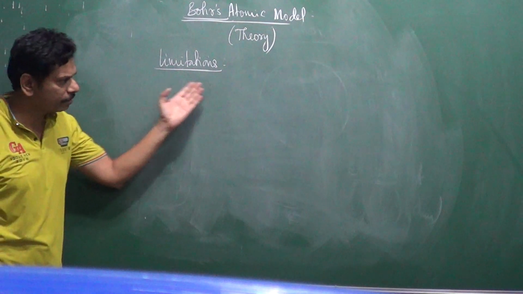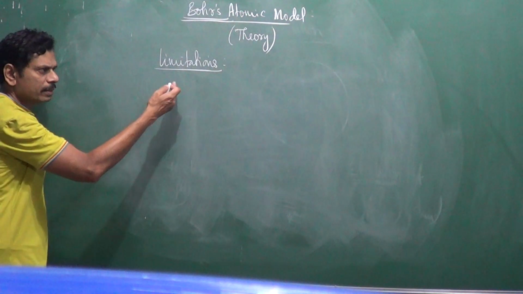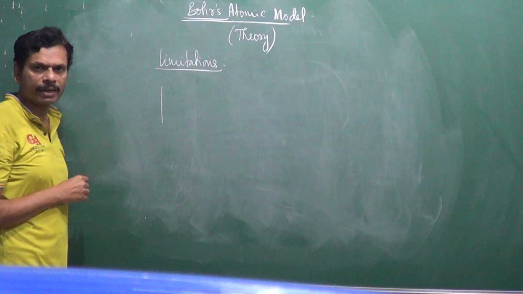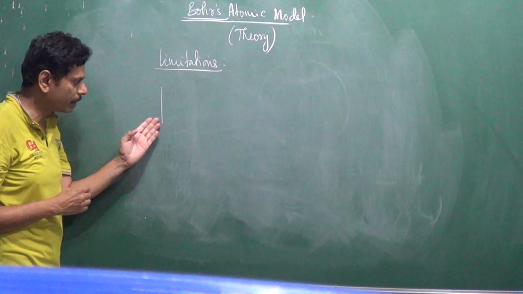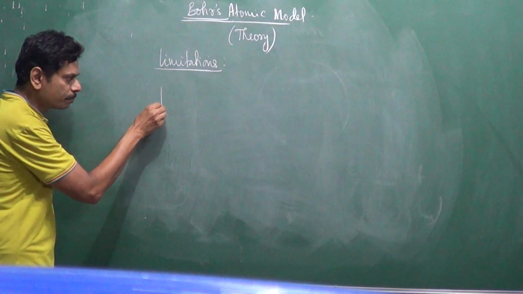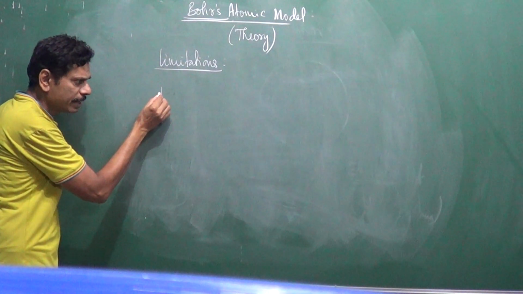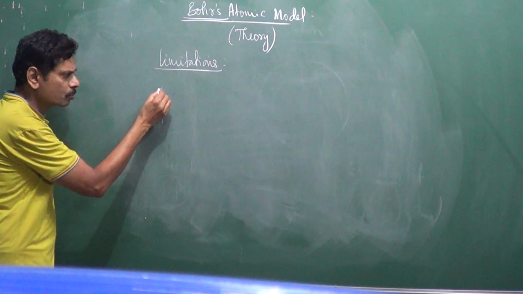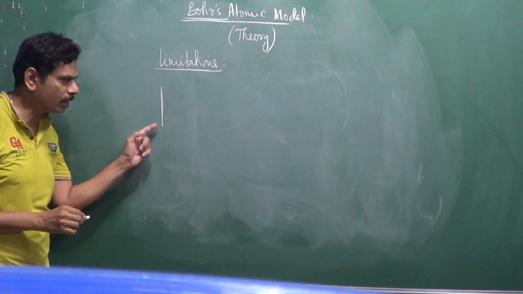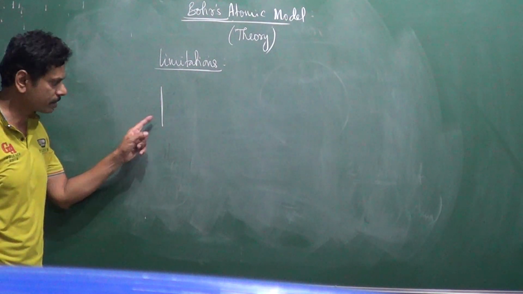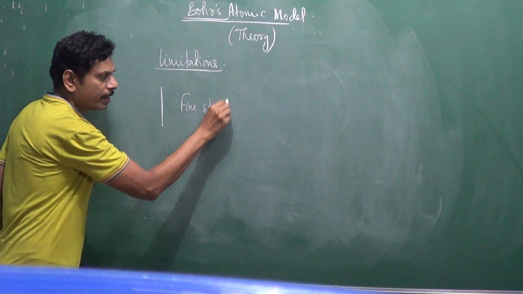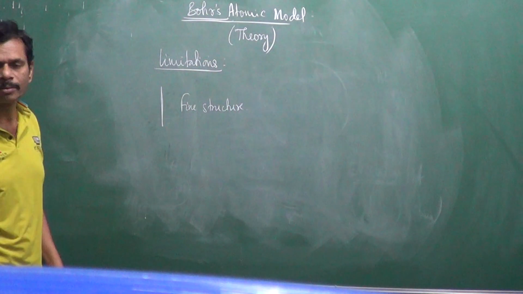Moreover, he explained the spectral lines of hydrogen, everything. But if you choose one spectral line of hydrogen, maybe one Balmer line, and see it through a very high resolution microscope, this Balmer line contains so many smaller lines. One spectral line containing many small spectral lines is called the fine structure. He could not explain this.